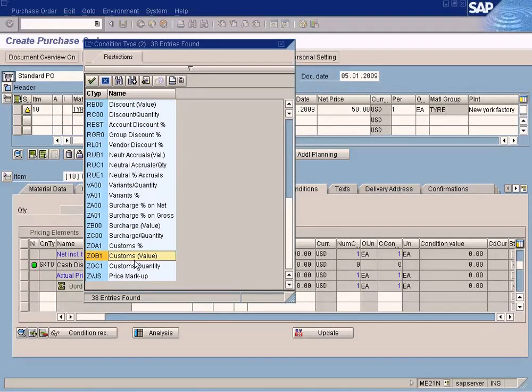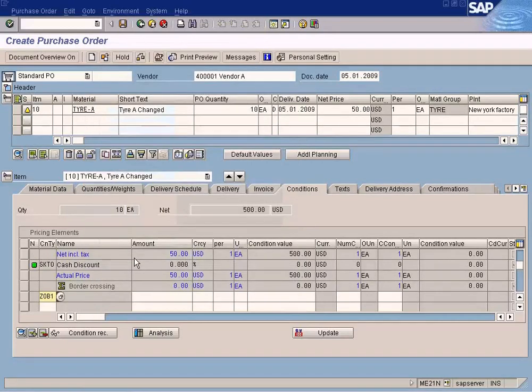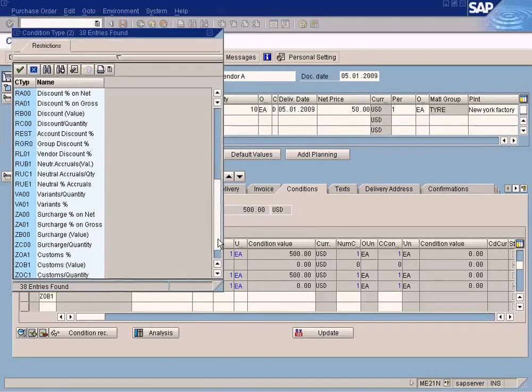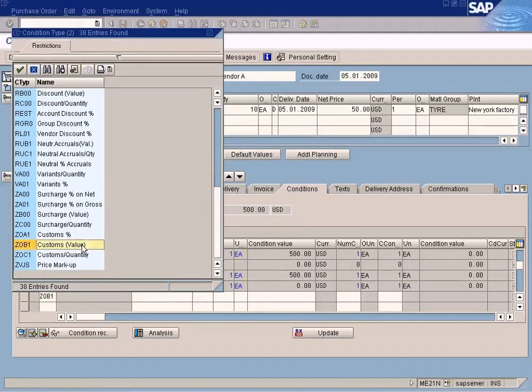Alright, hopefully you have it in the system. Just choose this customs value. This is a predefined key in the standard system. This shows that this is customs charges or delivery costs or whatever it may be. Doesn't really matter whether this is just a description only, but